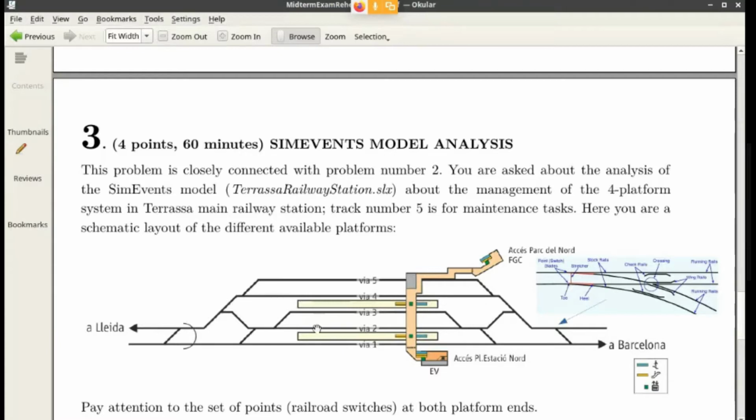Well, so first of all, we're going to read the statement. This problem is closely connected with problem number 2, because problem number 2 is about a railway station, right? Well, then you are asked about the analysis of the sim events model. The model is this, Terrassa railway station. If you go to the virtual campus, you will see that you have here the model and the M file, the corresponding M file, in order to run this model several times, right? Well, then,